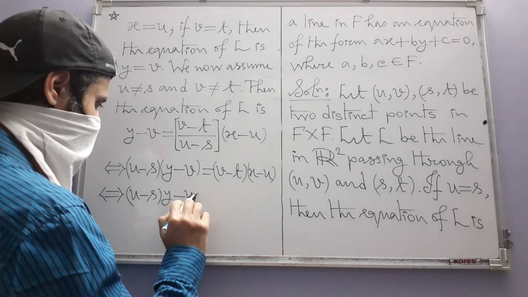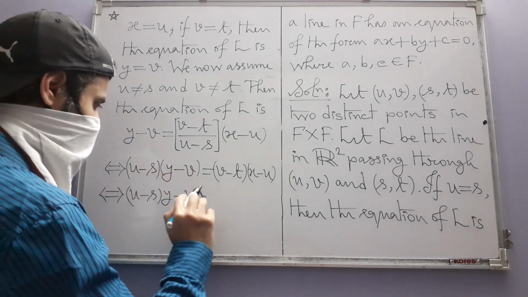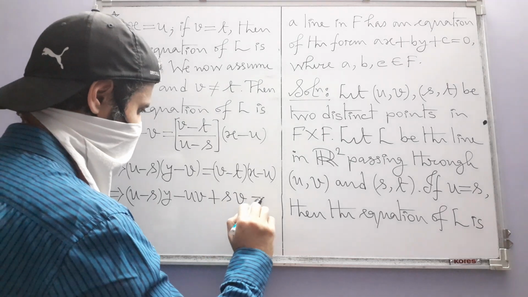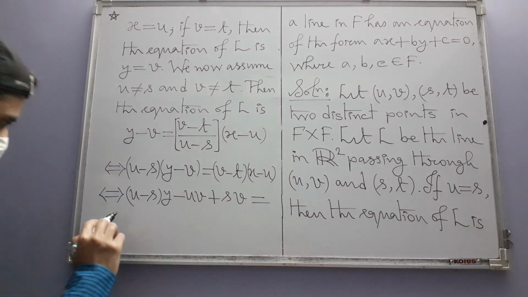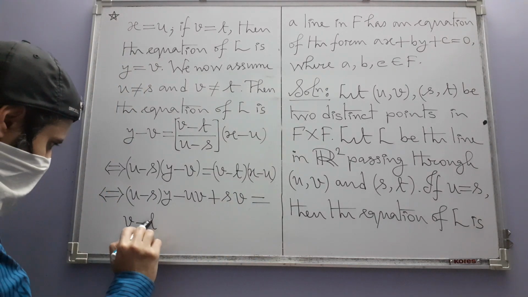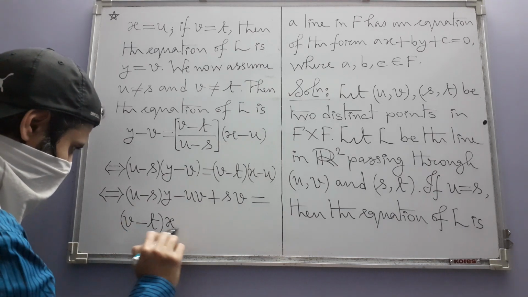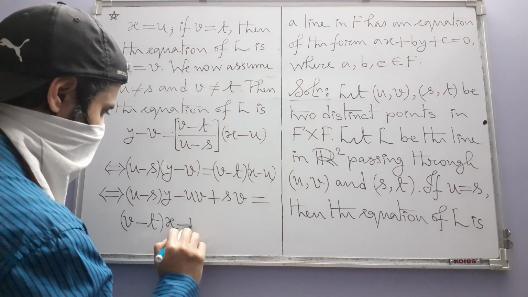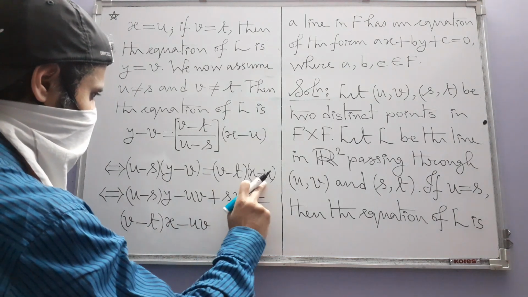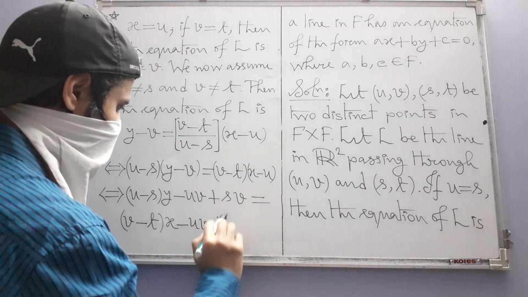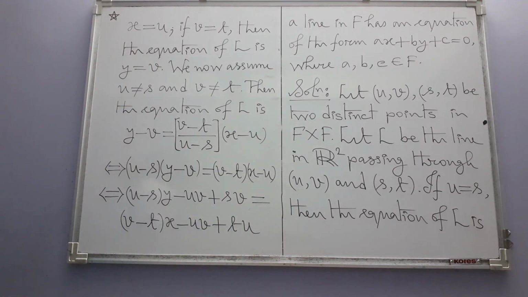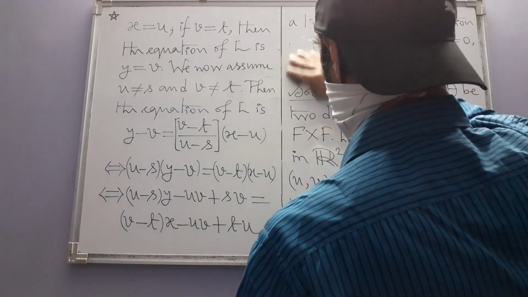Minus uv minus minus plus sv, that is equal to v minus t times x minus uv minus minus plus tu, and this will be equivalent to